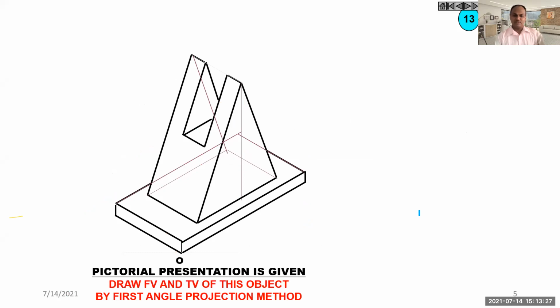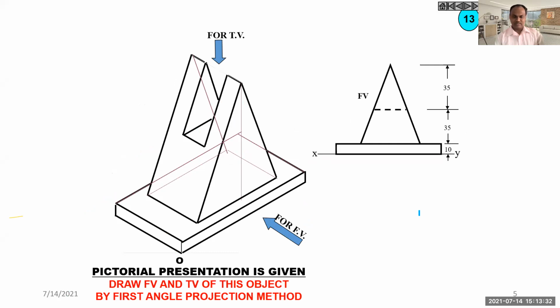Now this is one kind of interesting thing. You will see they have asked to draw front view and top view only, because side view will be very easy. So I'm going to show you how the front view will be. This triangular portion is seen, this rectangular portion is seen, but this edge is not visible. That's why we are going to draw it by a dotted line.